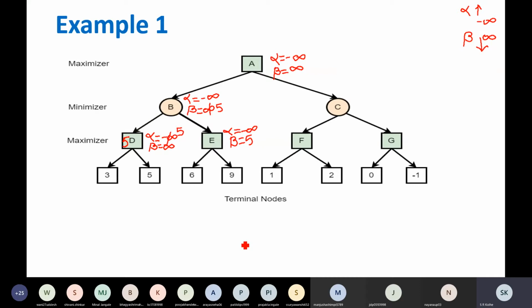Since you are following DFS, at node B right now you are getting 5, but from this side right now we don't know, so we will have to process this part also. So by DFS we are going to move to the node E, which is a maximizer node. What will be the value? Before that you copy the value of alpha and beta as it is. So alpha is minus infinity, beta is 5, because you knew these values, and node E is a maximizer node. So what will be the value of E? Which option will E select? 9.